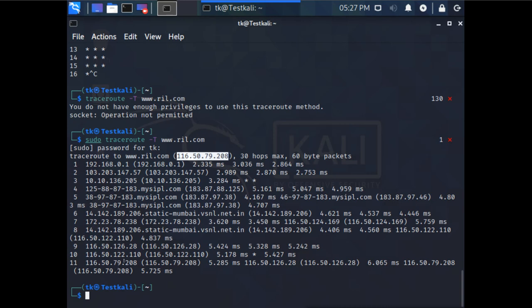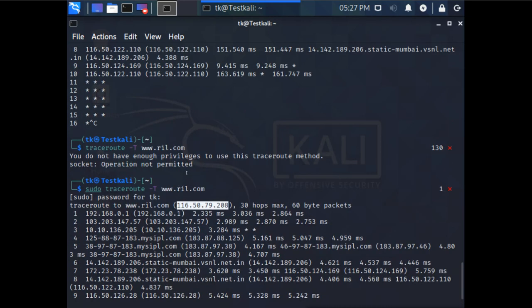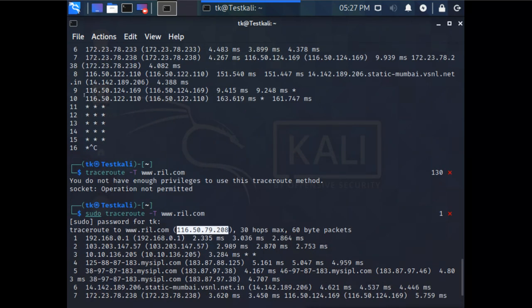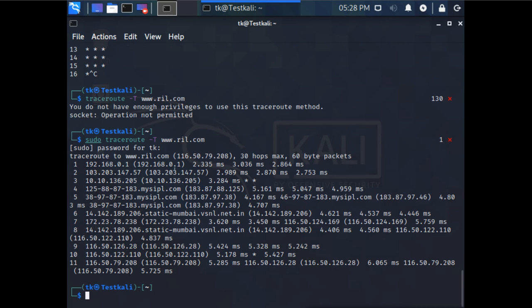Let's see where the firewall is. So the firewall was on this IP, 116.50.122.110. This is the firewall IP, it was blocking. But now, after the firewall IP, it has gone one more hop and there was a server here.